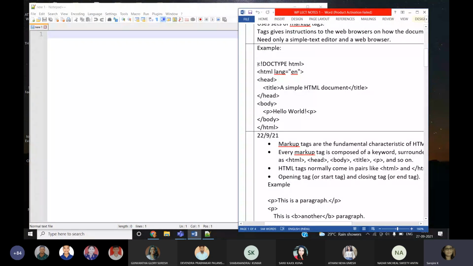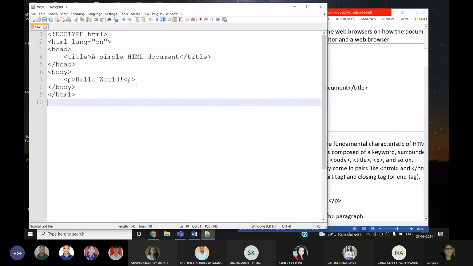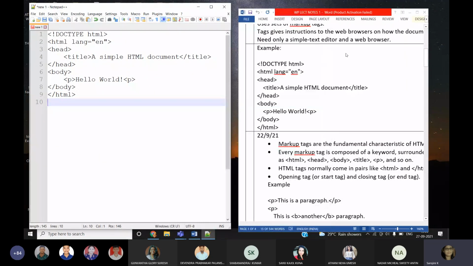This is the first program I take. Okay. Now I just copied and pasted here. Okay. From where I copied, don't get confused. Here from my Word file, from your notes, I have copied this code and pasted in our editor. Okay. What is the name of our editor? Notepad++. Okay. I just pasted.